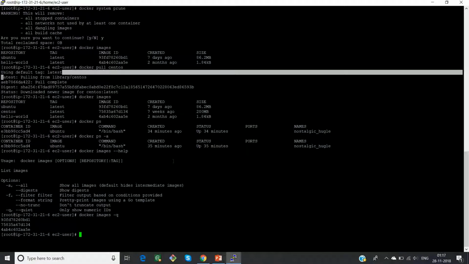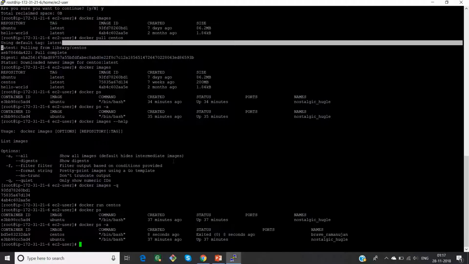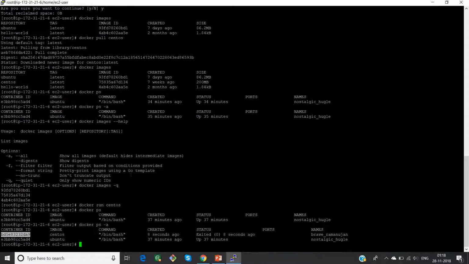So let me just create a container out of the CentOS image. For that I'll run the command docker run CentOS. Okay, now if you go to docker ps -a, it will list out active and inactive ones. So you can see my CentOS container also. But if I want to go inside my container, I have a flag called -it, which is an interactive session of your container. Before that, what I'm gonna do is show you the image details